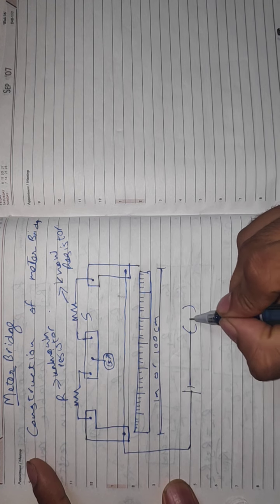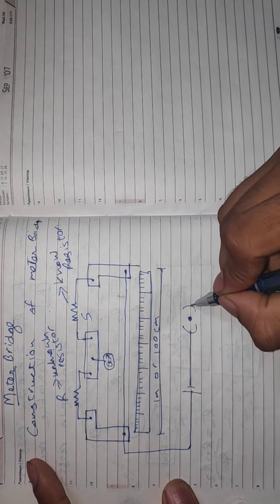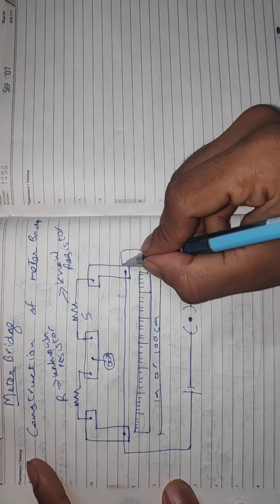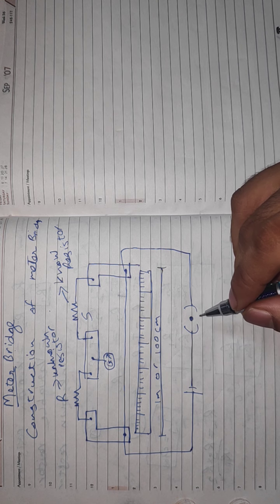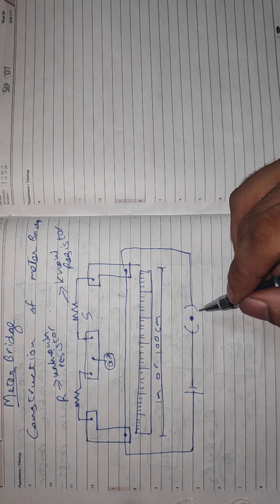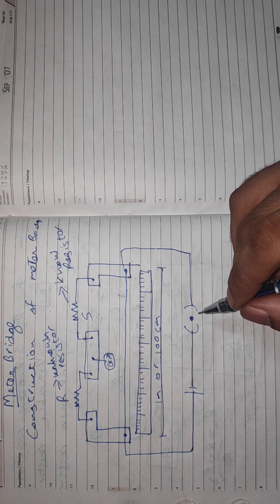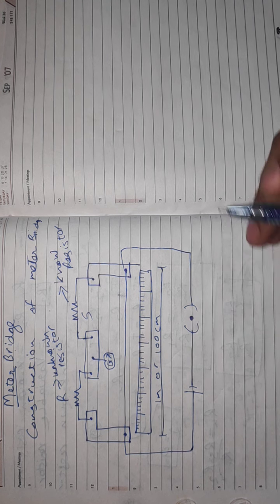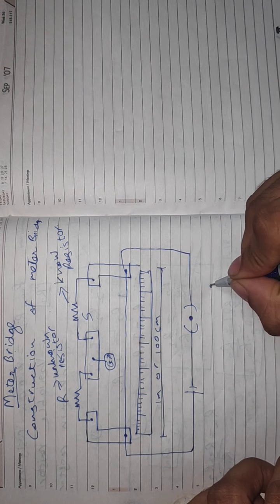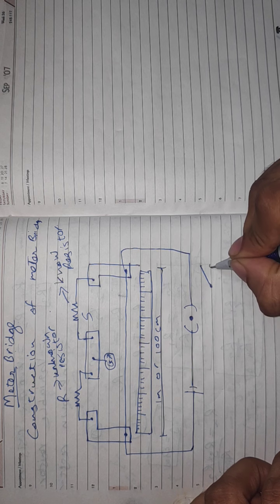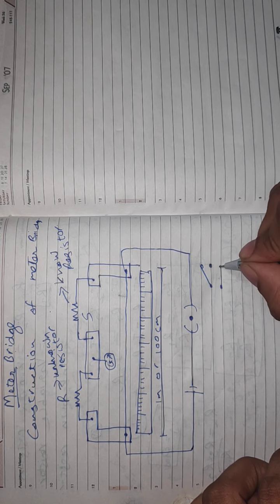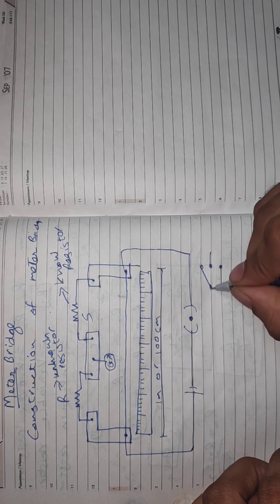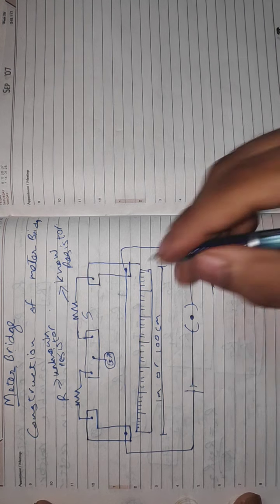Here I am just showing a key to show that it is a closed circuit. You can open this key and you can close this key, just like the switch in your electrical devices; you can switch on and switch off. Similarly, there is a key over here. A key can also be represented in another manner: this shows the open circuit, and if the key is this way, it means the circuit is closed. We are not focusing on that right now.